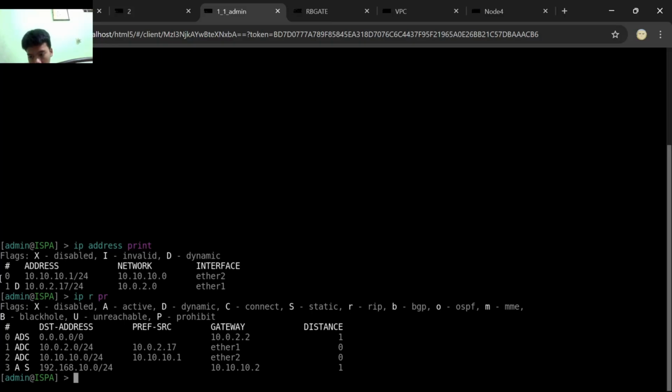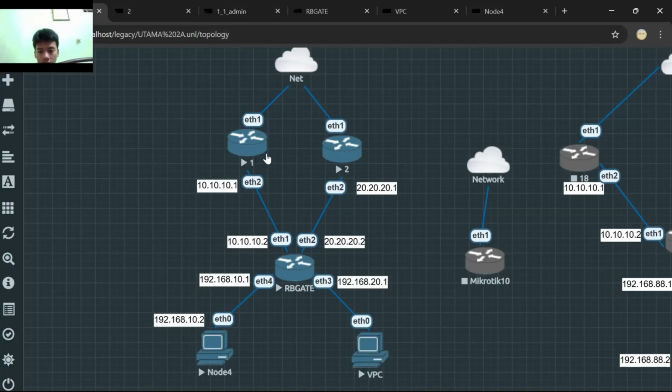In this SPA, don't forget to add a route that comes back to the sender. That means if the packets already go to the router SPA, then make the destination address to the PCA. Same for the PCB.